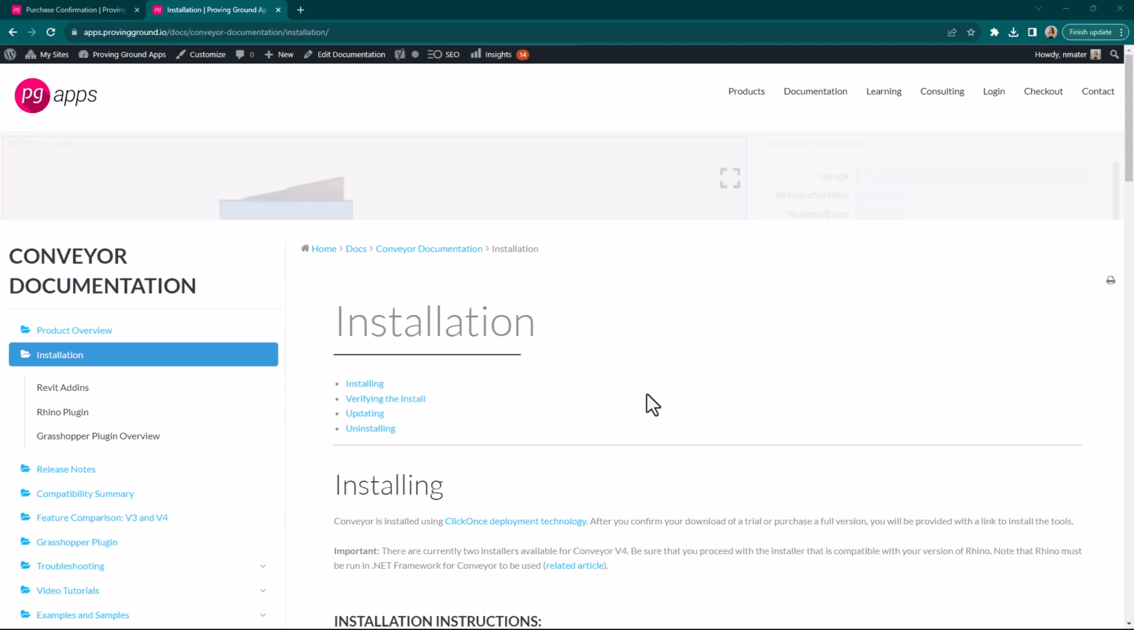In this video, I'll show you how to install the latest version of Conveyor or update Conveyor to either version 4.1 for compatibility with Rhino 7 or 4.2 for compatibility with Rhino 8. On the screen here, you'll see that we have an installation guide on our documentation site. You can find that at